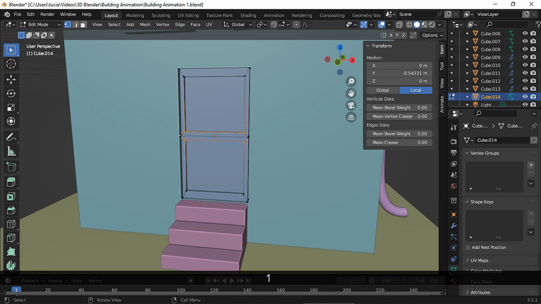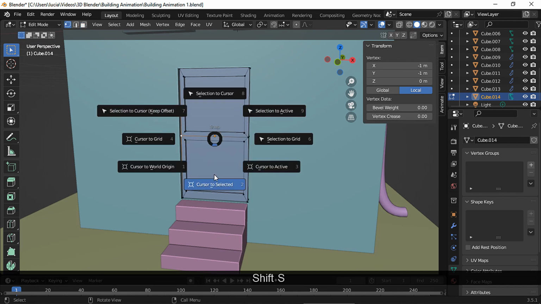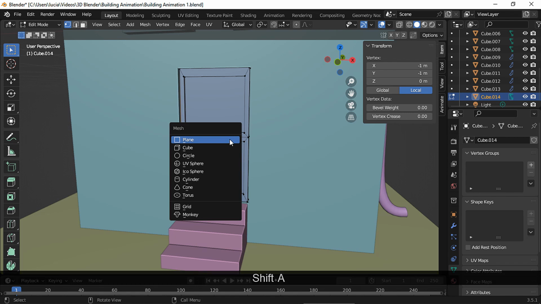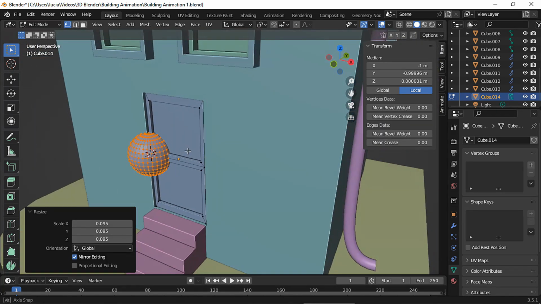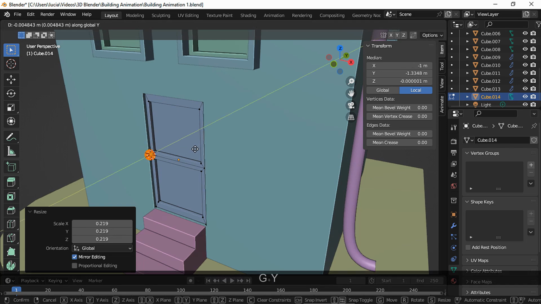To create the door handle, select this vertex and set the 3D cursor there and add a UV sphere. Let's scale it down and place it.